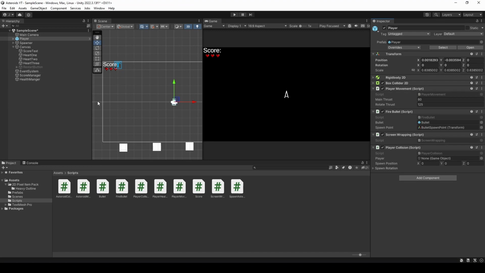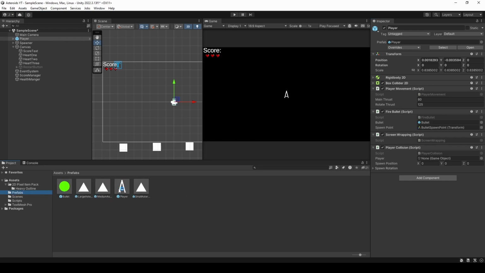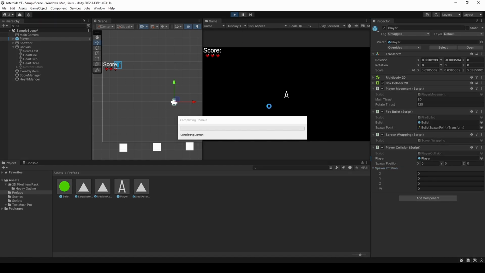So now back in the editor here, we'll have to add a couple things. For our player, we'll go into the prefabs. We're going to add our player here. The position 000 is fine. I think spawning right back here is good. And then the rotation as well. This should be fine. We shouldn't have to adjust this. However, if we wanted to change the positions of where we're spawning, for example, we could change these numbers as well. But if we click on play,